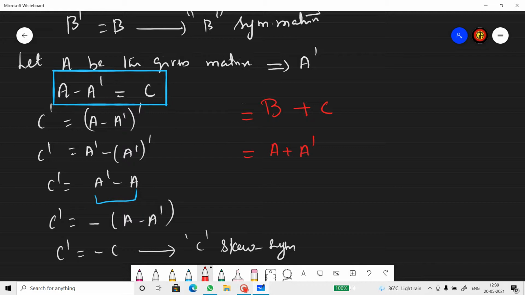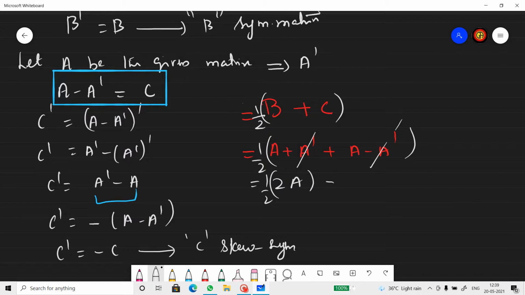What is B here? A plus A transpose. What is C here? A minus A transpose. So obviously the transpose and negative transpose will get cancelled. So you end up getting 2A. But what I need is A. Correct? So let's change this to half times B plus half times C, that is, half times of A plus A transpose, and half times of A minus A transpose. So if I keep a half out, then I get A. Understood? This is how we express a given matrix as a sum of a symmetric and a skew symmetric matrix.